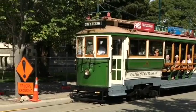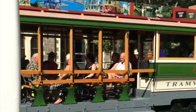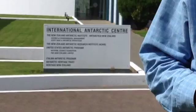Like Edinburgh, Christchurch has its trams for the tourists. And then we see a lot of buildings with scaffolding on them because recently they had a bad earthquake. And now we're at the International Antarctic Centre